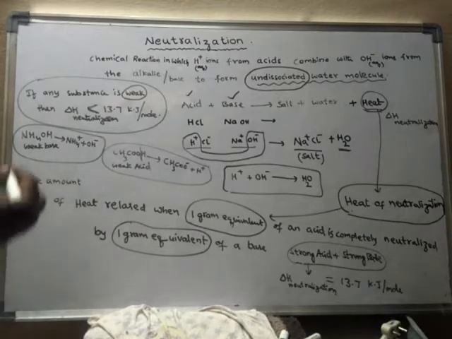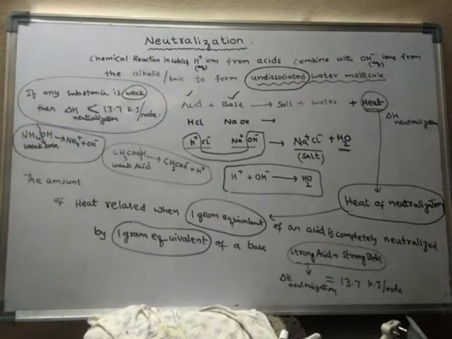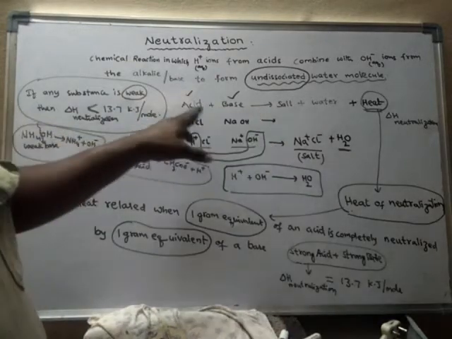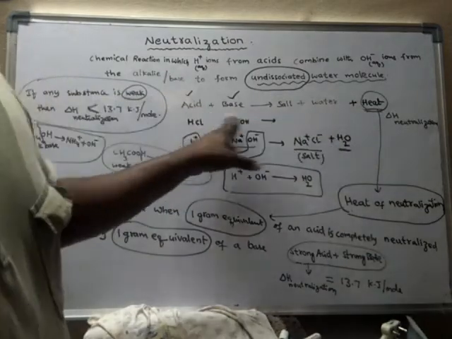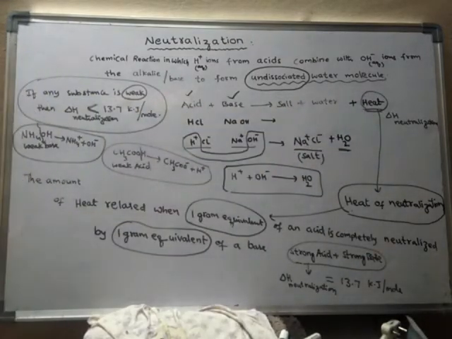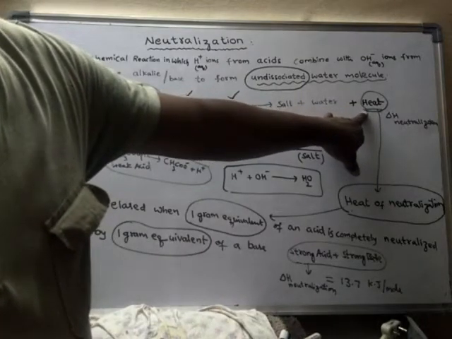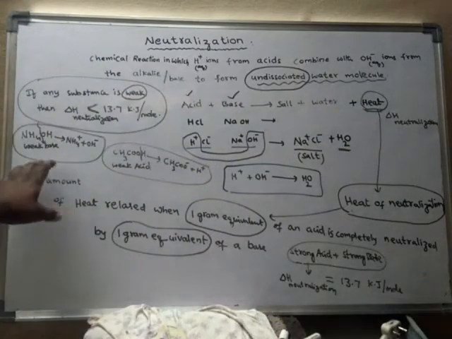So to break it, it requires more energy. And where does this energy come from? It utilizes some of the energy released during the neutralization reaction. That means if 13.7 kilojoules of energy is released, some of the energy